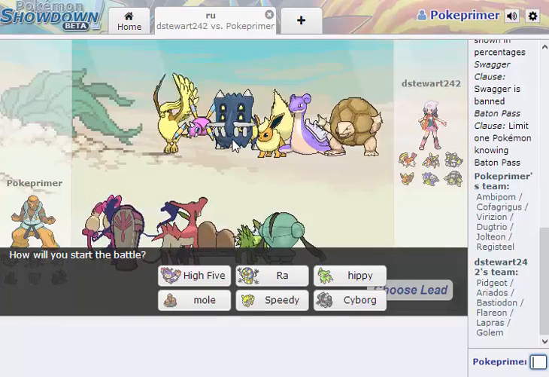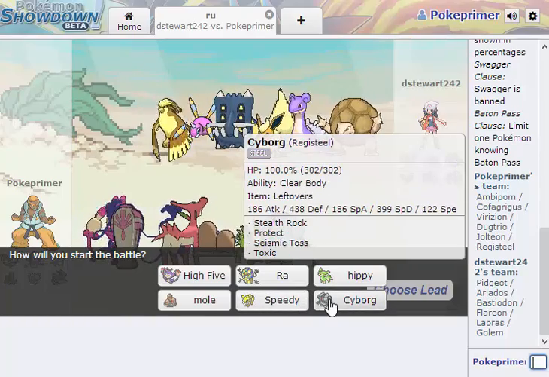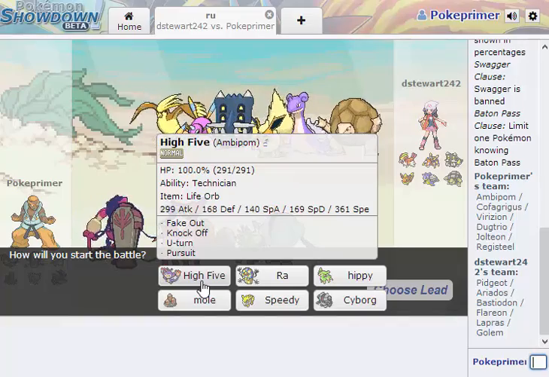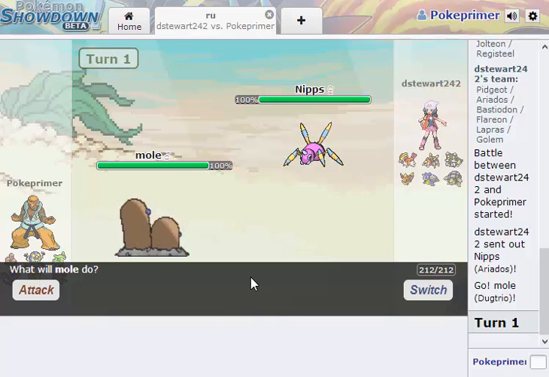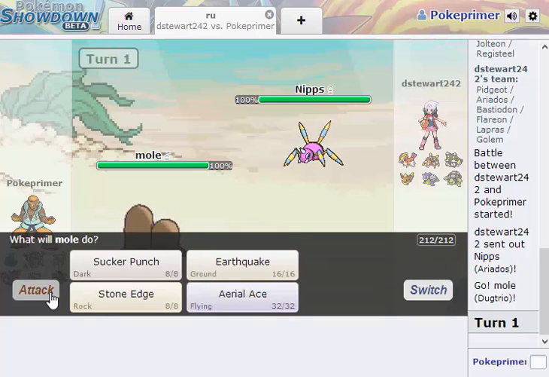I think judging based upon the team preview, my best bet is to probably lead off with Mole. And they're going to lead off with Nips the Ariados. So there is almost no way. I'm actually turning down that volume because that's really, really annoying. Turn that down. But there's no way they're staying in on this Dugtrio. There's absolutely no way. She has no reason to stay in, so it's probably going to switch into something that's going to take a Stone Edge. Nothing on our team's going to take a Stone Edge really well, but let's